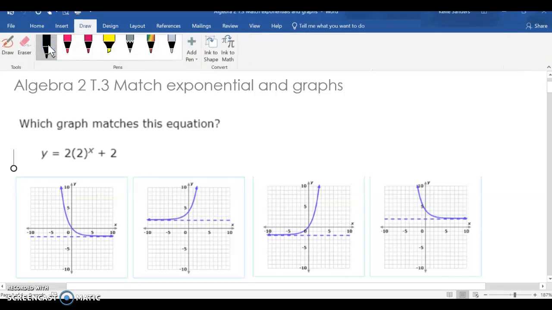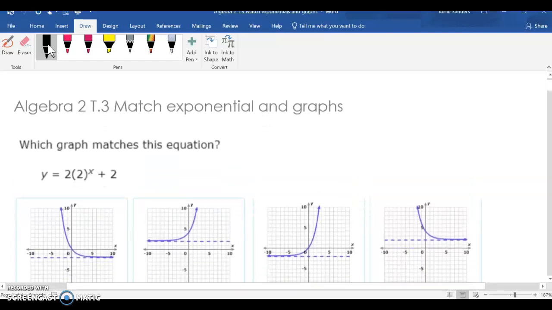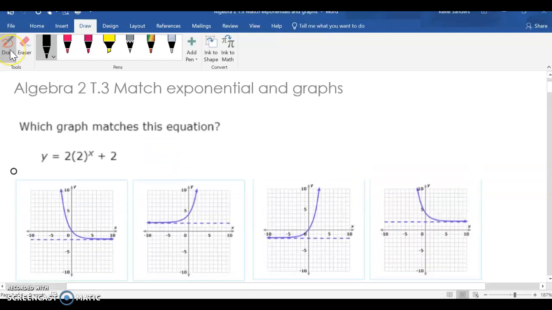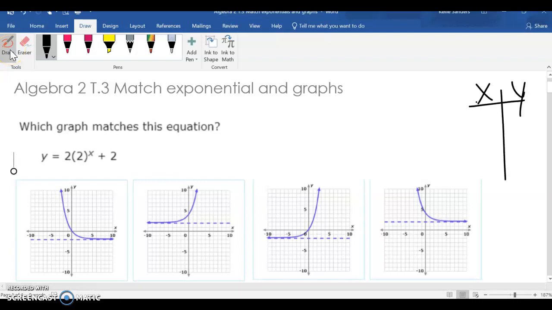T3 match exponential and their graphs, exponential equations and their graphs. So what's happening is, and I promise you it's not going to take this long, but let me show you what's happening. If we make a T-chart and put numbers in for x,